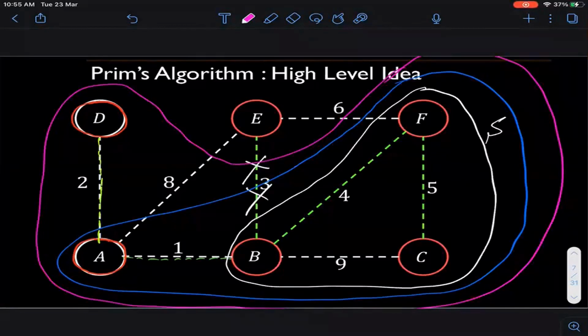So then what should be the termination condition? The termination condition would be the following: you have this set S and you have the set V minus S, and there are no edges going across them. Because if there are no edges going across them, then there is no question of choosing a minimum, right? So that is the point where you stop your procedure. And we will prove that this indeed works. Kevin, that is what you should prove: that if the graph is connected and your termination condition is what I have said, then it is indeed a spanning tree.